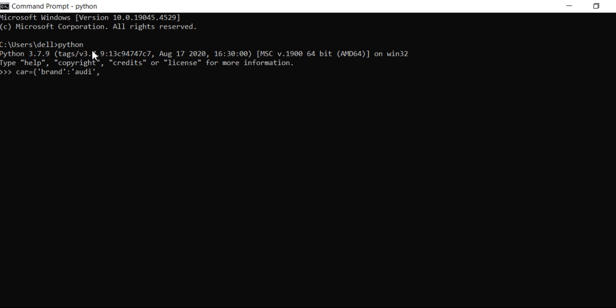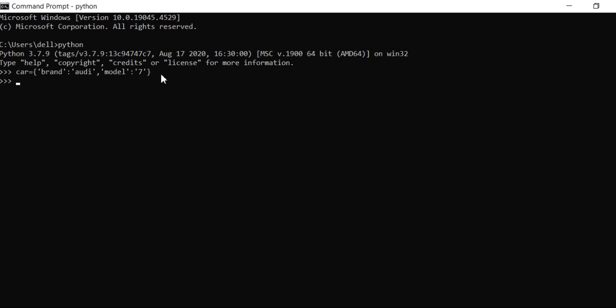Now I am creating the second key value, model. Now in this dictionary we have a total of two key value pairs. The first key value pair is brand OD and the second key value pair is model 7. Now each key value pair is separated by a comma.